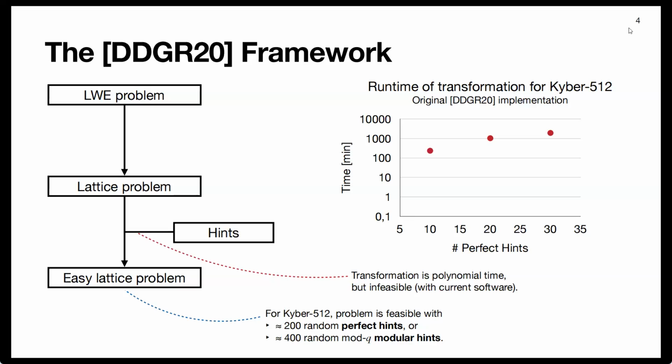And that's not the actual attack, right? That's just the preprocessing, the thing where we want to integrate the hints into our lattice. So after you've done this computation, you will still have to run the attack. And if you integrate only 30 hints, you will still end up with an infeasible lattice problem, as I have written on the bottom of the slide. To really get a lattice problem that you can solve, you have to integrate like 200 perfect hints. And as you can extrapolate from this graph, that's currently just impossible to do in any reasonable amount of time.